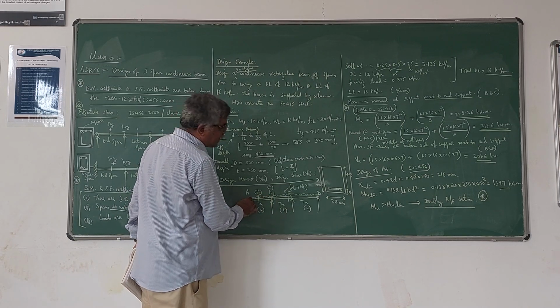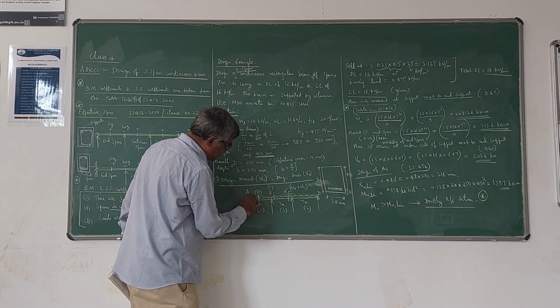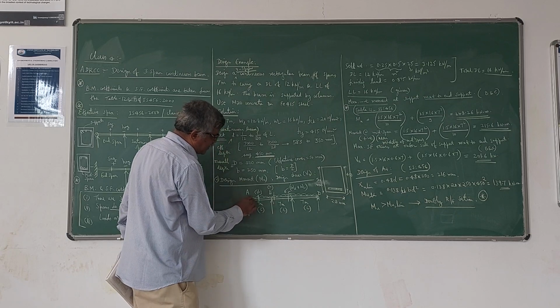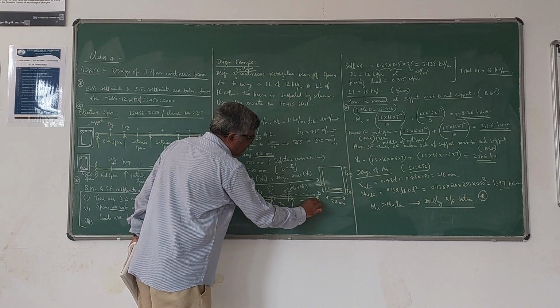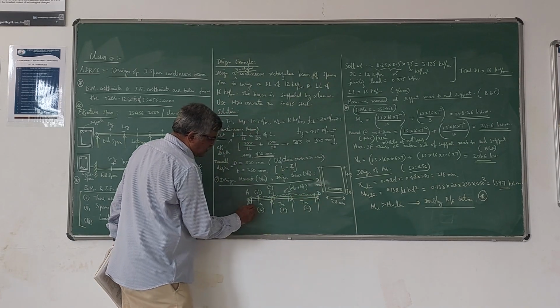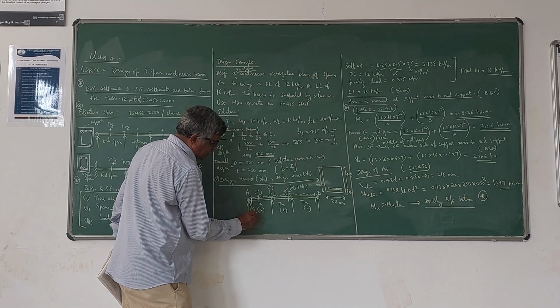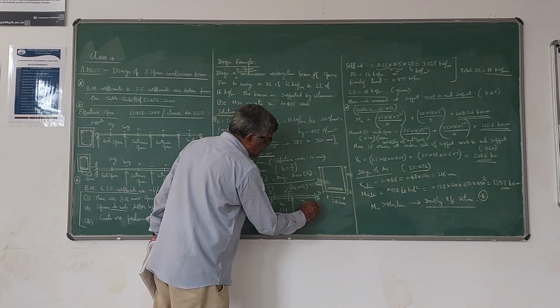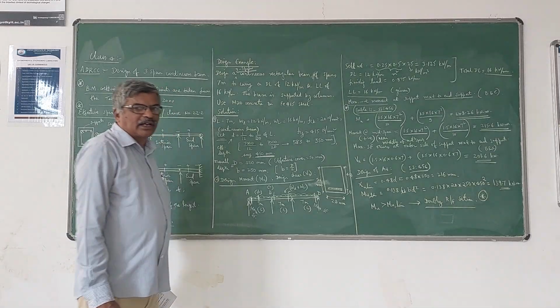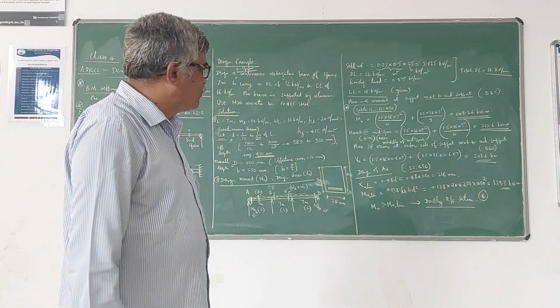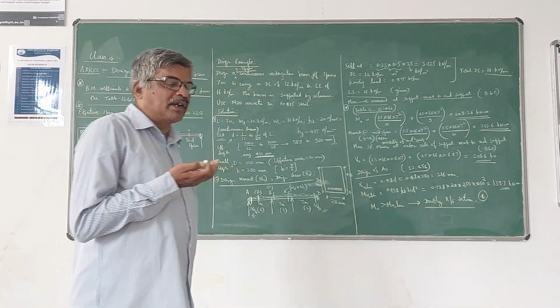Outer side of support next to end support means here. Here you will be having a maximum shear force. So maximum shear force occurs here. Please note that these are the critical sections in the design, where your maximum bending moment and maximum shear force occur. In bending moment you have both positive and negative.